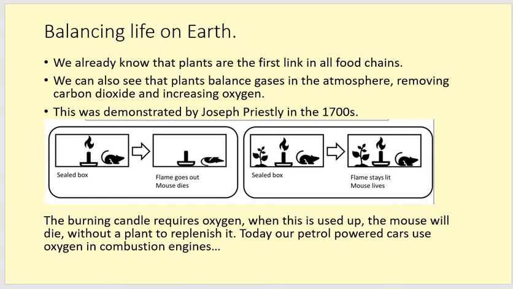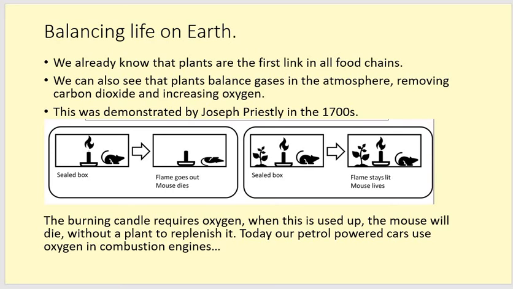Okay, now balancing life on Earth. This is really, really important, and I know that you actually know quite a lot about this already. We already know that plants are the first link in all food chains. They're called the producers because they produce their own food, and then everything else either eats the plants to get the food from them, or eats the animals that have previously eaten the plants to get the food passed up